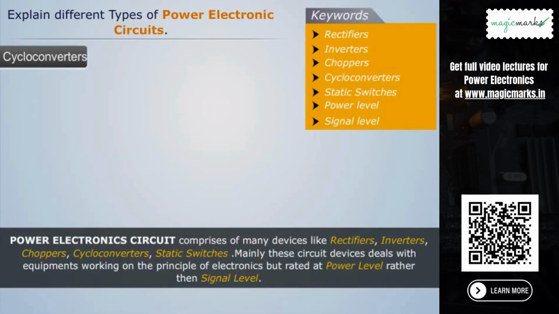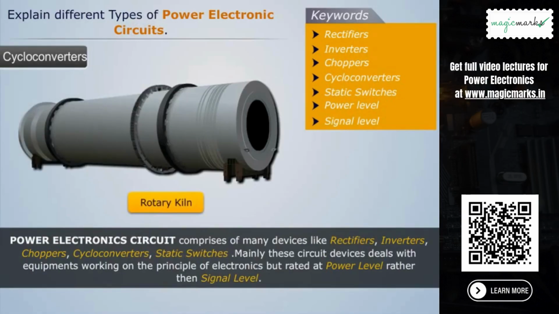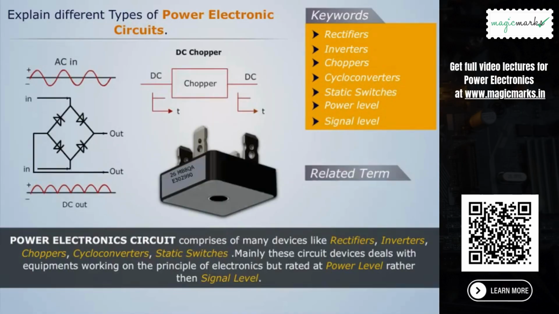Another is cycloconverters. These circuits convert input power at one frequency to output power at a different frequency. They mainly work for AC to AC conversion. These are primarily used for slow-speed, large AC drives like rotary kilns, etc. Related term is